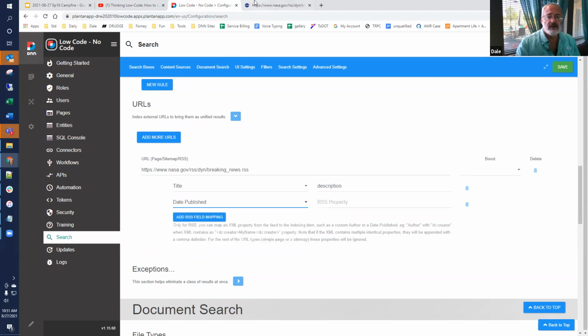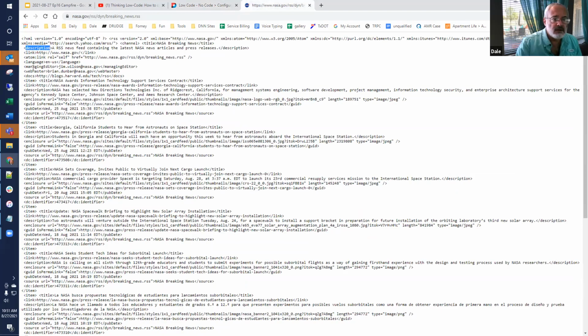Let's see if there's a date, any of this. Okay, description is the longer thing and item. So let's map item and description.